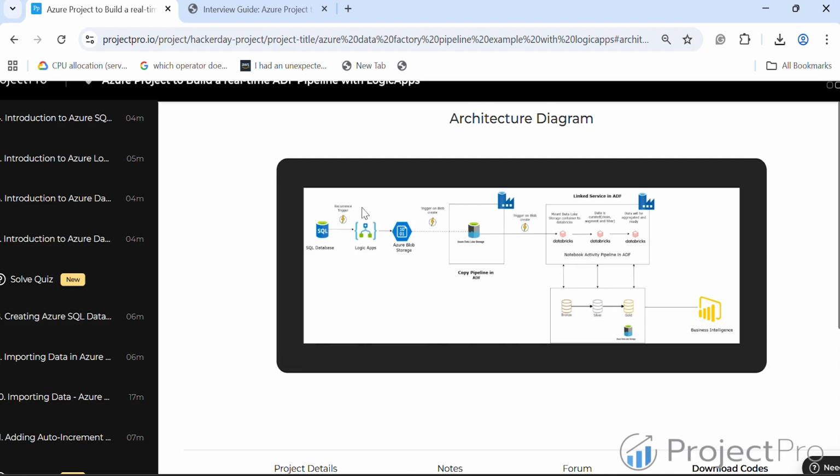When this logic app gets triggered, it finds the new records that have been inserted into the SQL database. It uses the incremental column value, which is ID, and compares it with the last process ID so that it can identify which are the new records from the Azure SQL database. That reduces the compute cost, storage cost, and pipeline execution time,